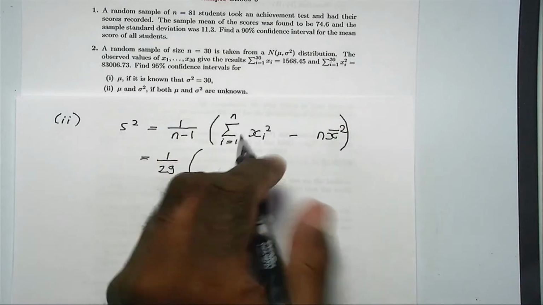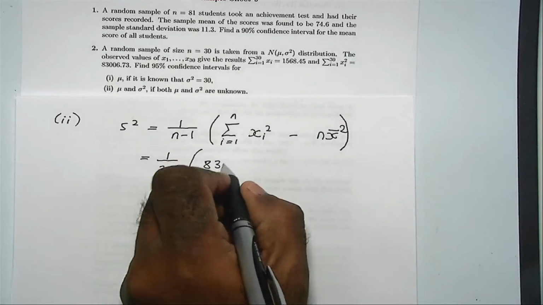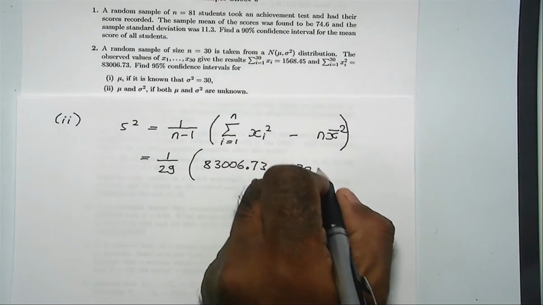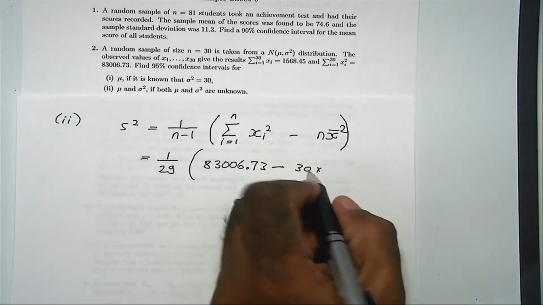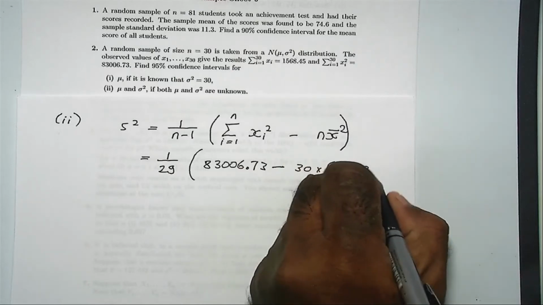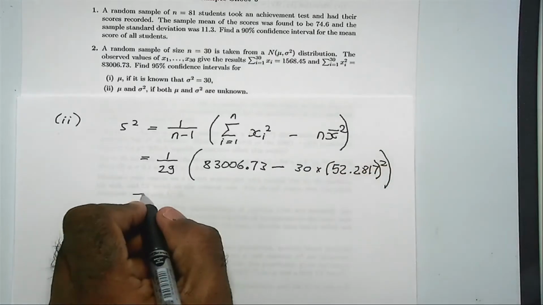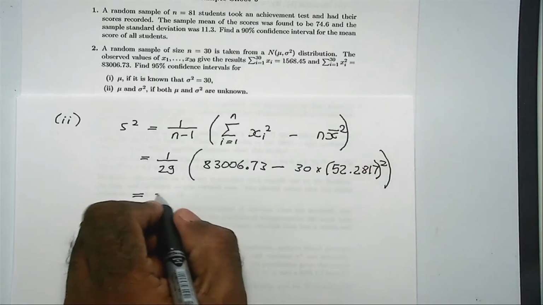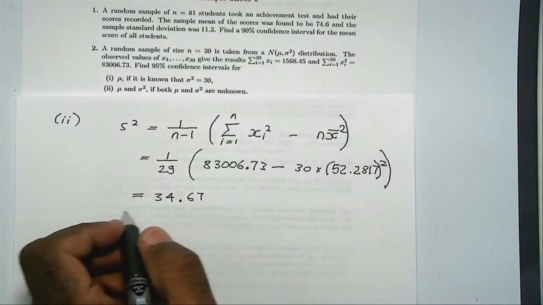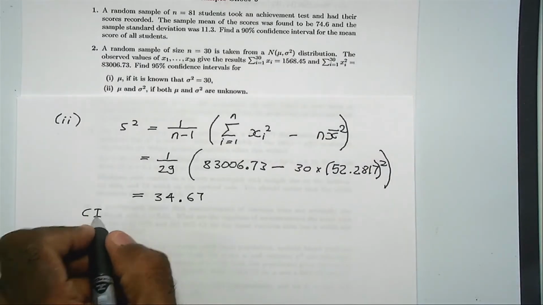And this guy is given to us here as equal to this number, so it's 83006.73. N is given to us as 30. X bar, we know what it is. It's 52 point. Right? Now, if you work this out, guys, you will get 34.67. So this is the sample variance. So now we can use the formula for, so the CI, the confidence interval for mu